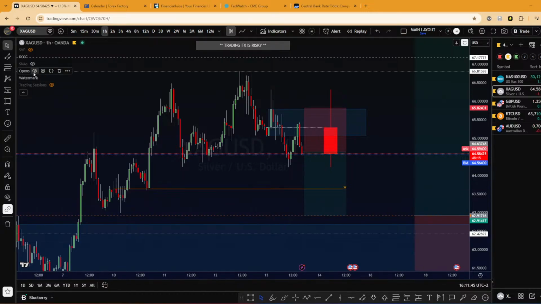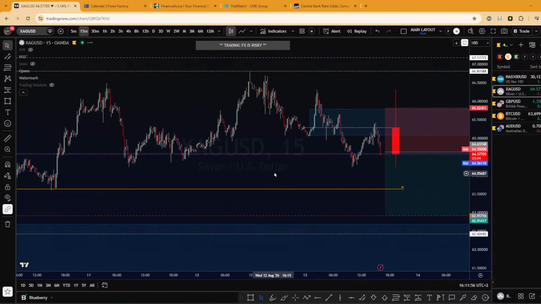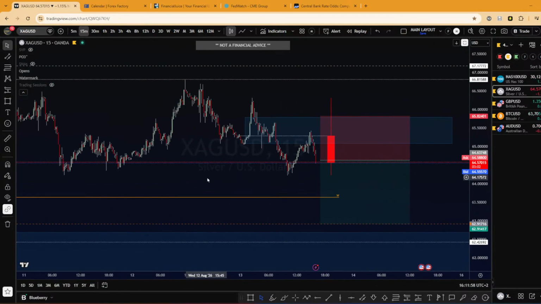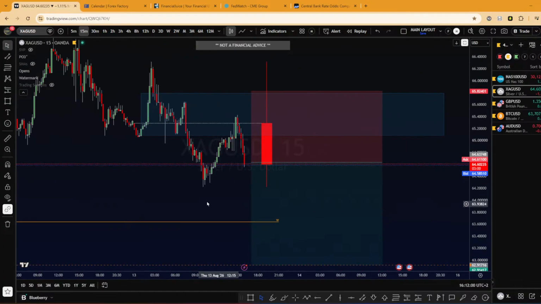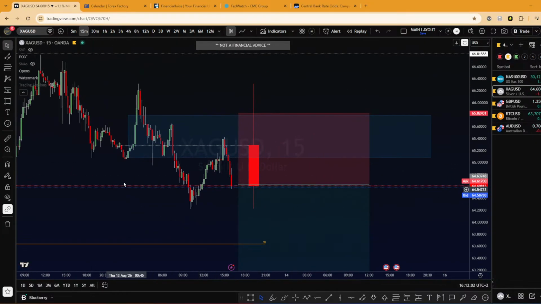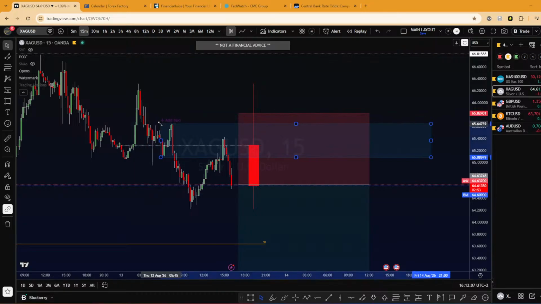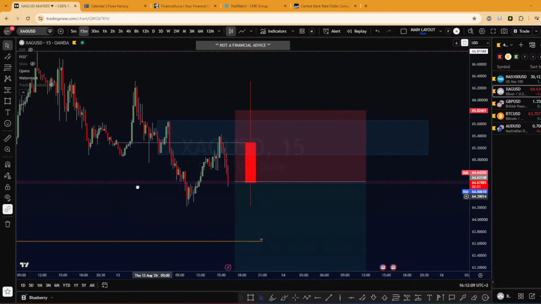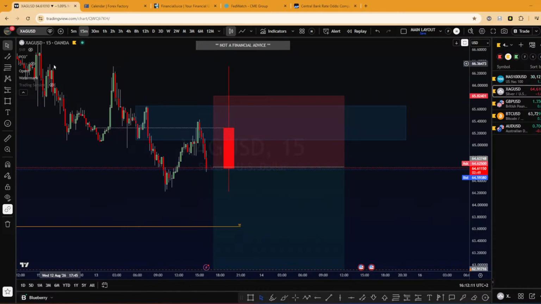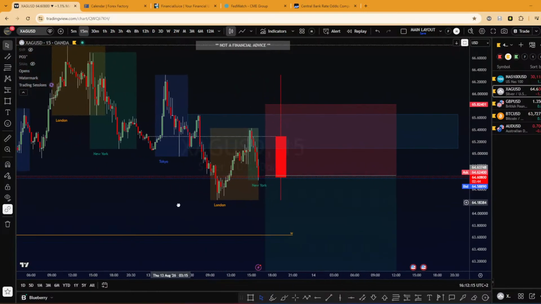I don't know. Let me see the SMA. Yeah, we still have room to target. Because I'm already too much exposed on the US dollar, I don't really want to take this one. So yeah, this could potentially be a nice